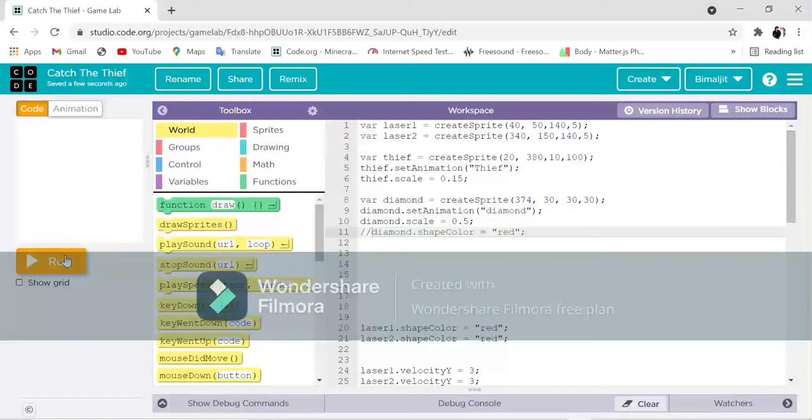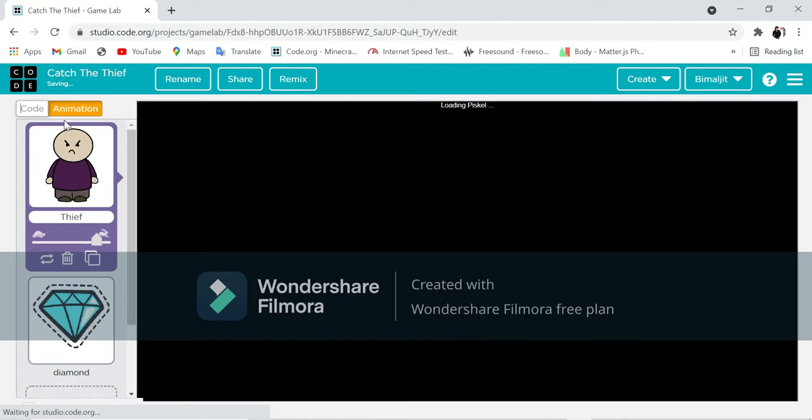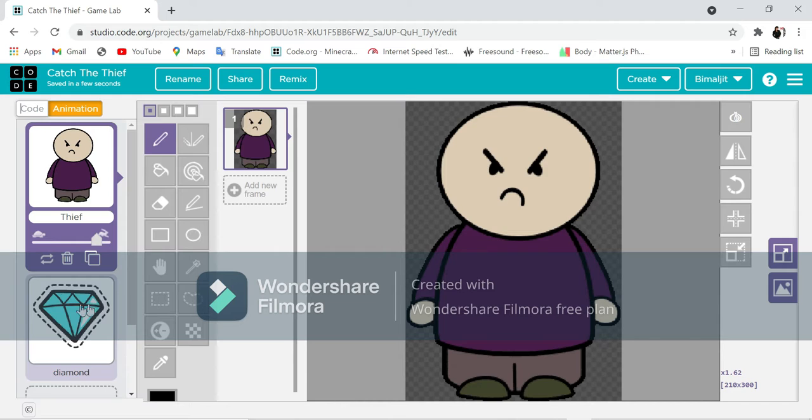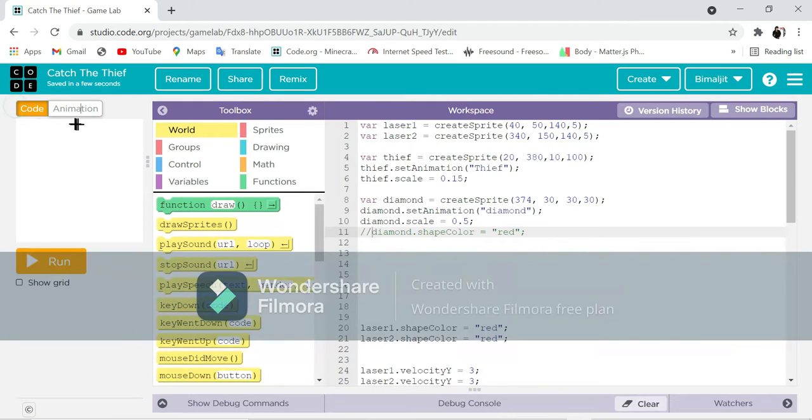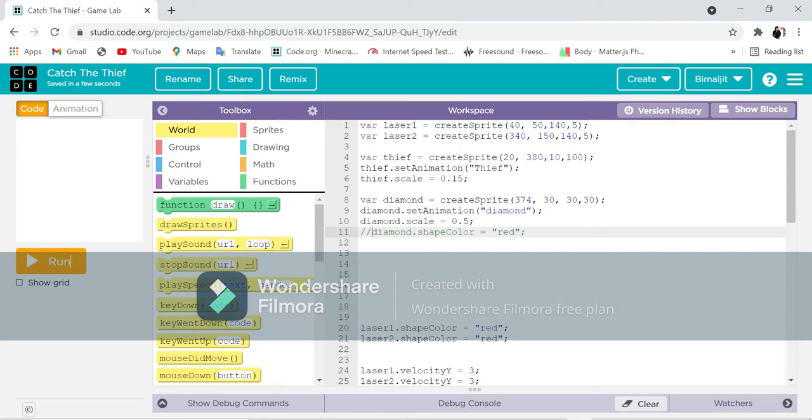Hello everyone. So in today's video, we will be continuing our same game, which is Catch the Thief. In the last video, we made the Natwalal, we made the shape of the diamond, and even we made the lasers. That shape didn't work properly, so I took a simple picture of a diamond from here and pasted it over here with the same settings. There are no differences there, only the simple diamond.